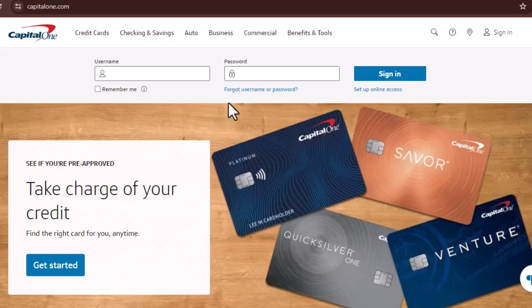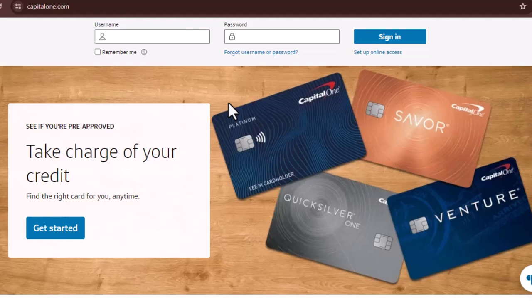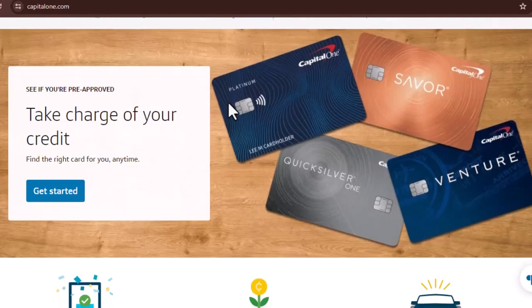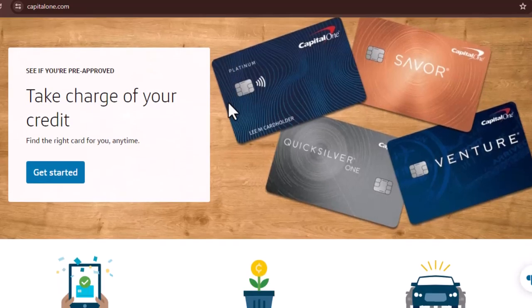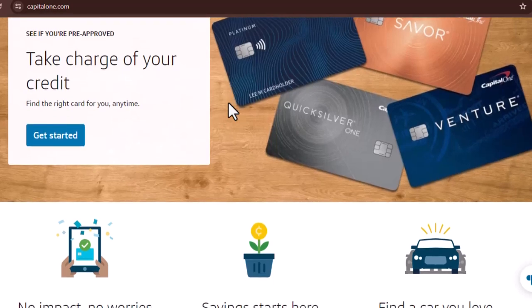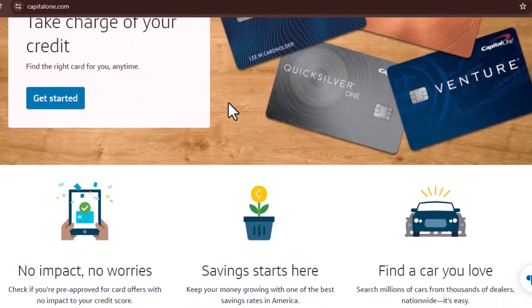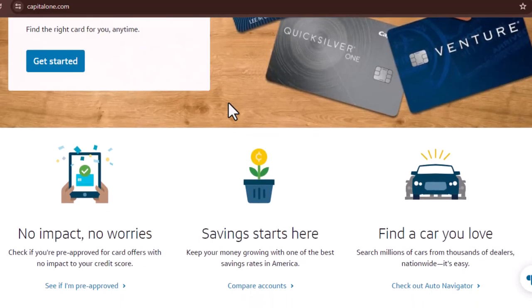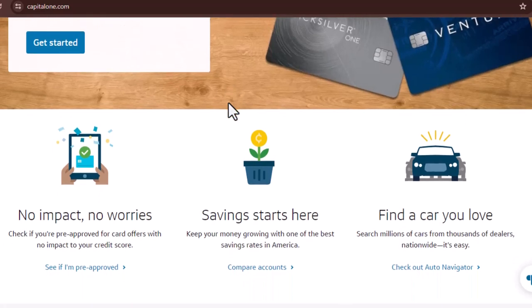This video will serve as your one-stop shop for everything you need to know about transferring money to Capital One from another bank. Whether you are getting started with a new account for a side hustle or you have finally made the decision to consolidate everything into one place, the process of transferring funds between banks can appear to be